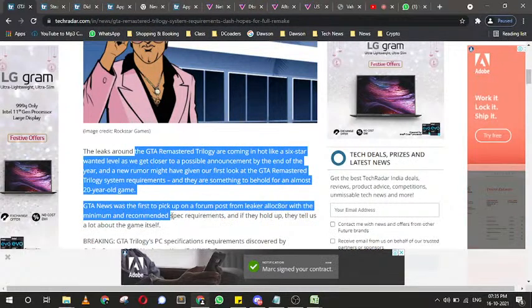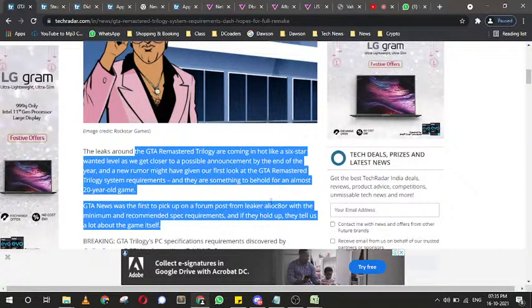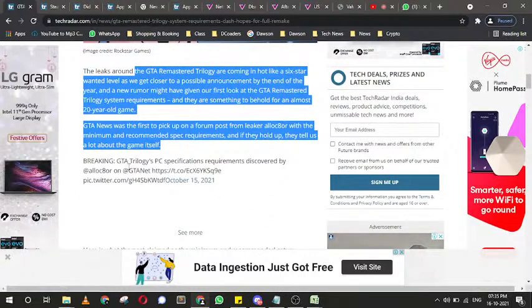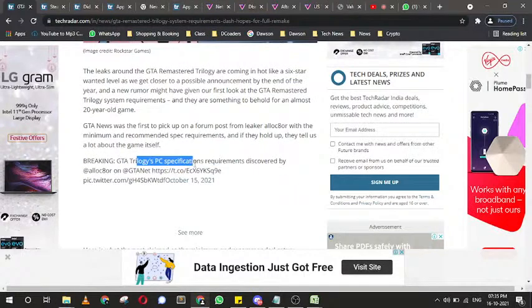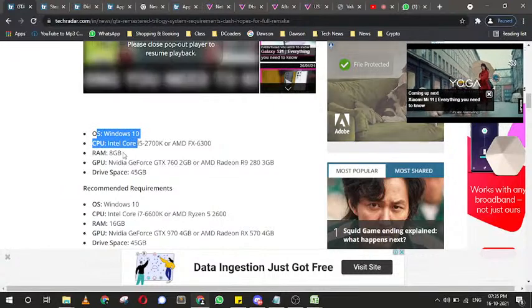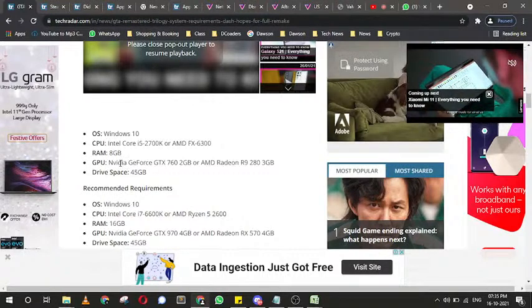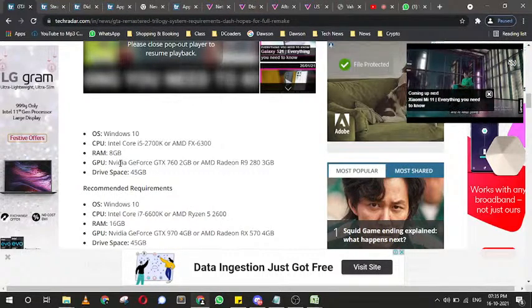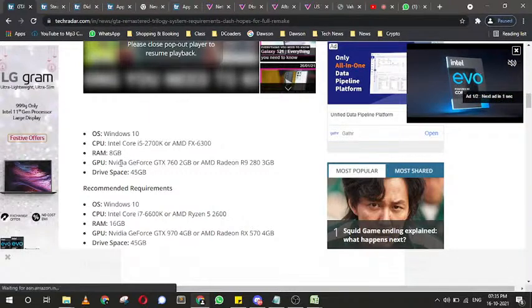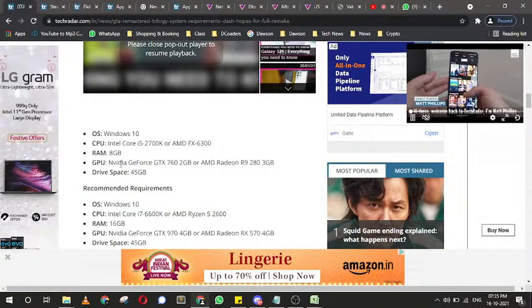GTA News was the first to pick up on a forum post from a leaker with the minimum and recommended specifications. The Grand Theft Auto trilogy PC minimum requirements are as follows. The operating system is Windows 10. The CPU is an Intel Core i5 2700K or AMD FX 6300. RAM is 8 gigs. GPU is an Nvidia GeForce GTX 760 2 GB or AMD Radeon R9 280 3 GB. Drive space is